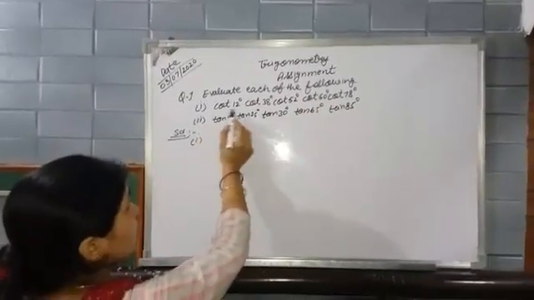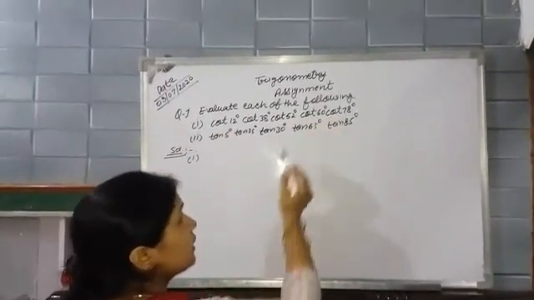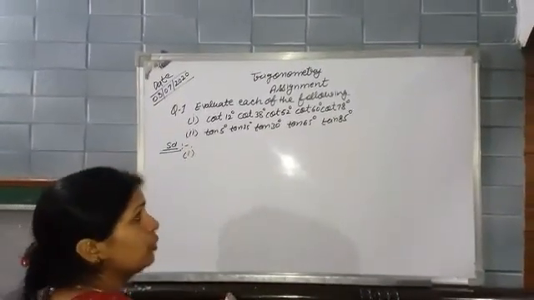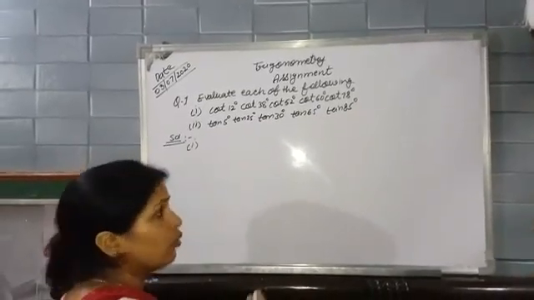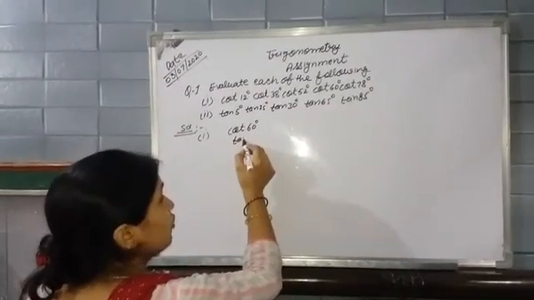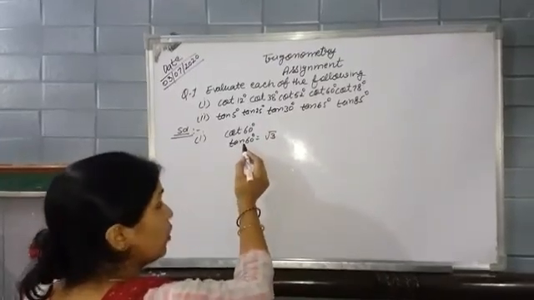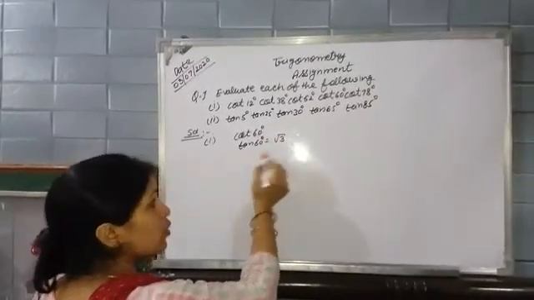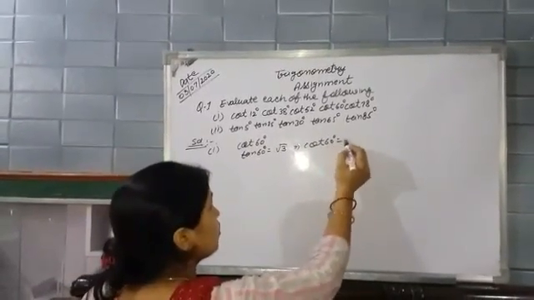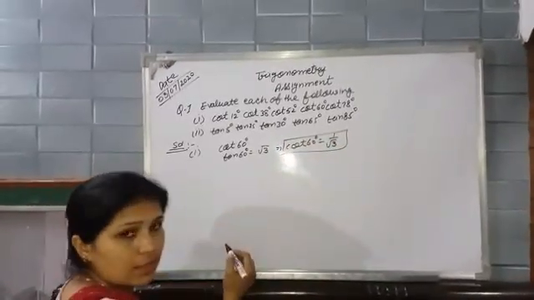Now in the first part, these angles are given to us, and out of these angles only the 60 degree angle is known to us with the help of the trigonometry table. We know cot 60 degree. What is the value of cot 60 degree? What is the value of tangent 60? Tangent 60 is equal to root 3. So we know that cot is the reverse of tangent. So we can say that cot 60 degree is equal to 1 divided by root 3. So this is the value of cot 60 degree.